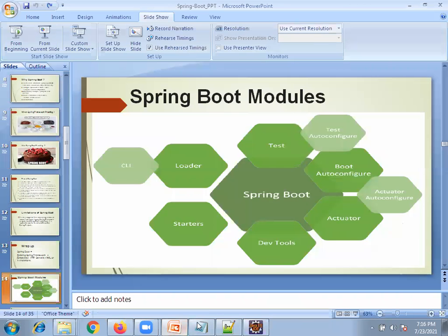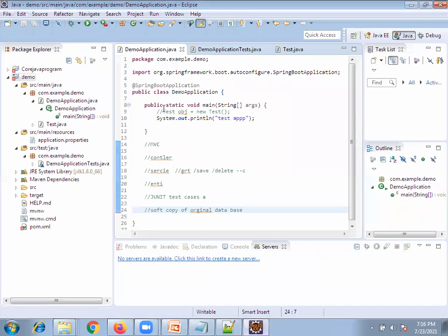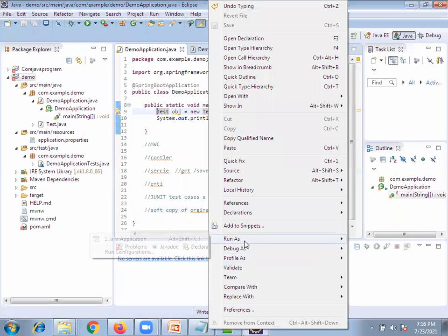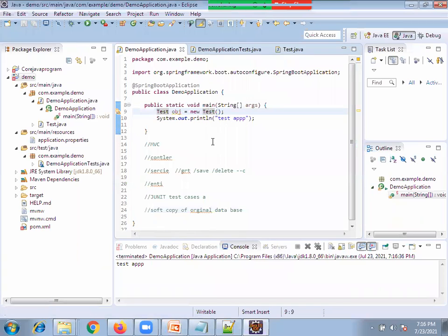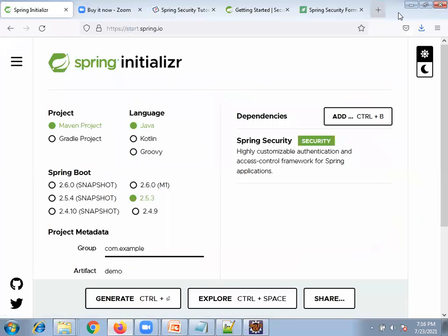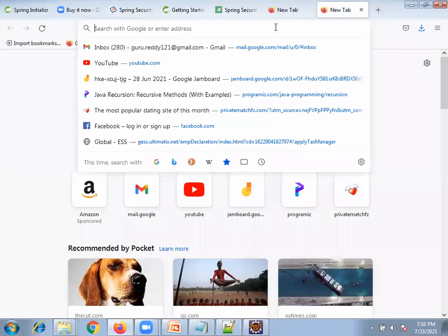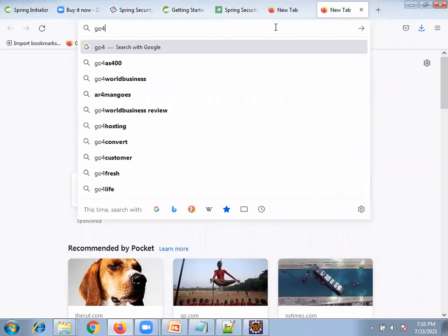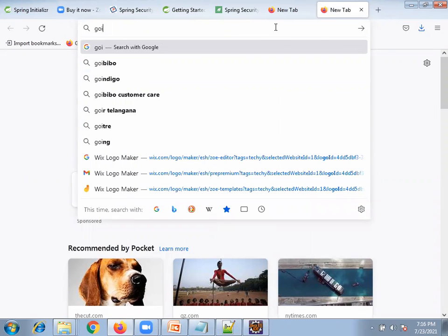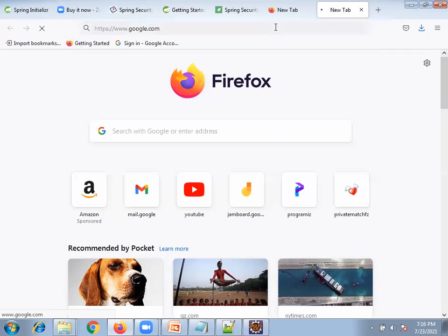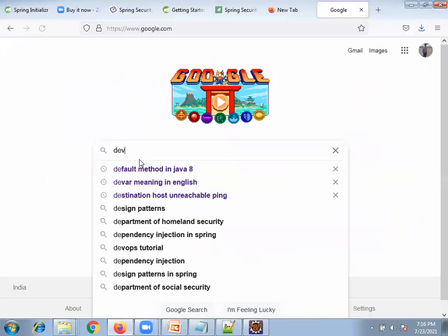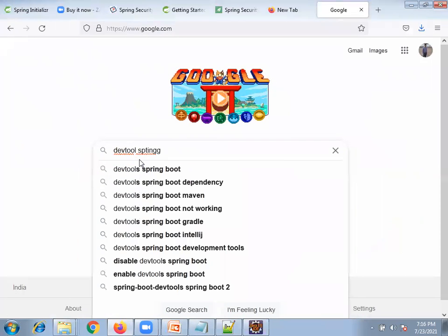Now let's take this example. Here, now I'm enabled. Otherwise, I need to start manually. Getting what I'm saying? Now manually I'm running. Let's come here and see this concept. Google: Dev tool Spring Boot dependency.